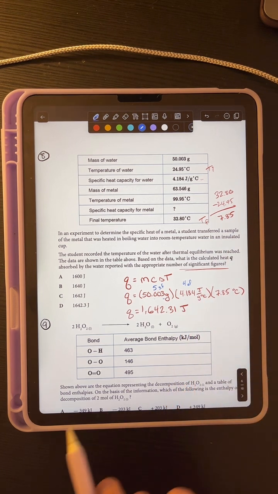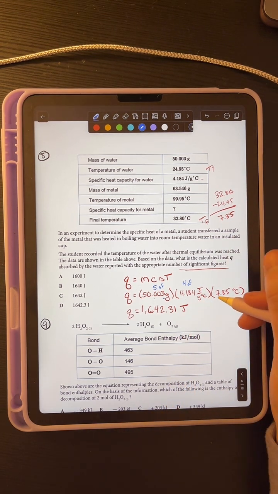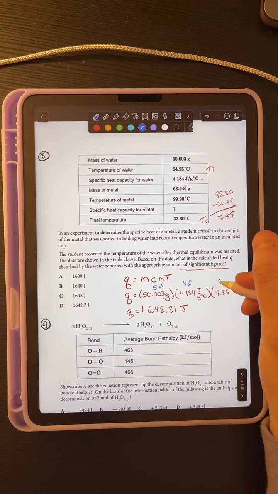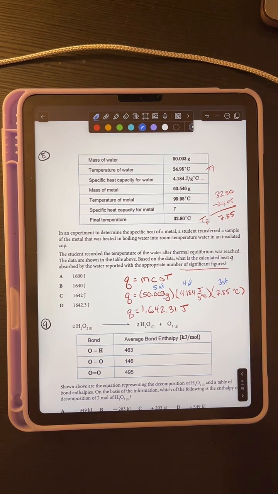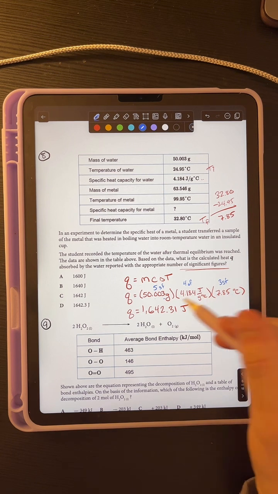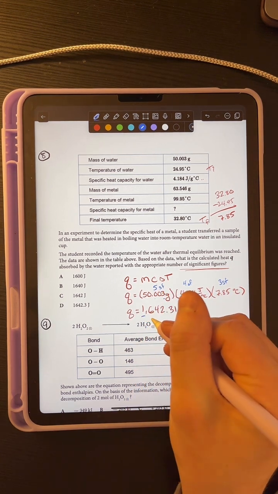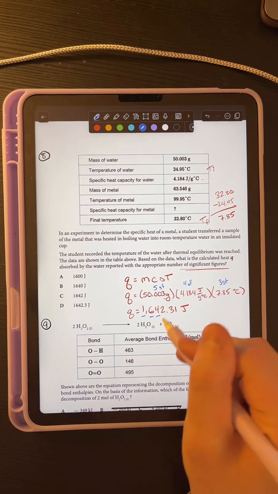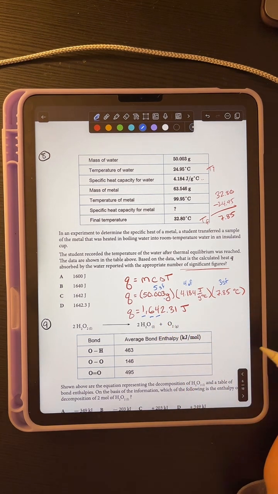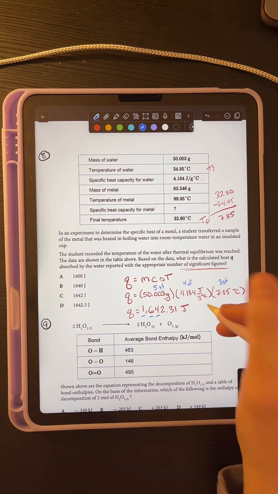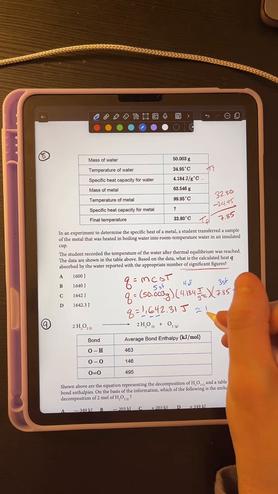So 1, 2, 3, 4, all non-zero numbers. Same thing here, 1, 2, 3. So we have 3 sig figs. So we want to round our answer to the least number of sig figs here. So we want to go 3 sig figs. So 1, 2, 3. That's where we're going to round our answer, meaning our answer here will be